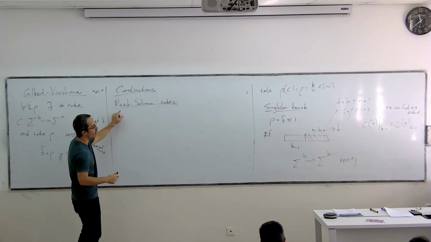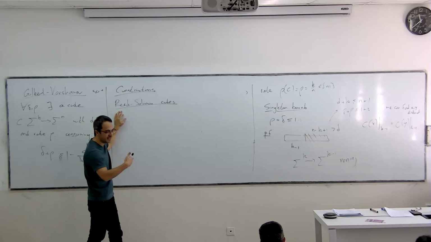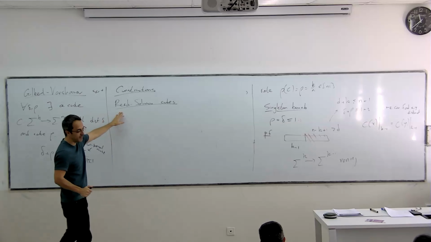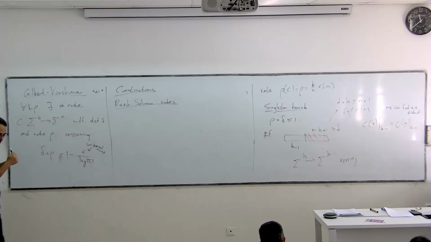So this is our real example. I'm going to show it extensively. We're going to get into the detail, but it's an example of a construction that uses polynomials over finite fields. And when you see this problem, I don't think that's what you're going to do usually. Like when you look at this question, think of sigma {0,1}, and then you send k bits to n bits such that they are distant apart. I think that you're actually going to try to do it